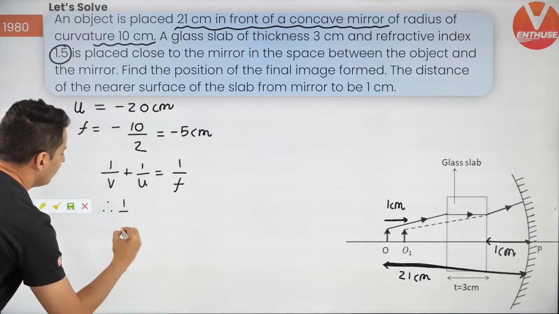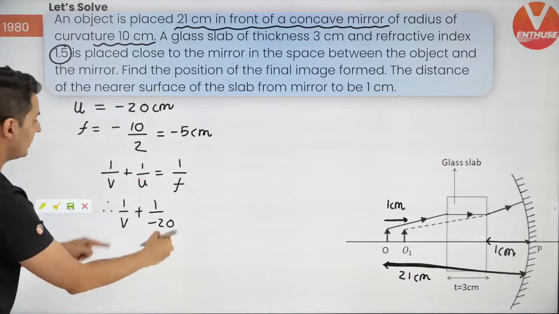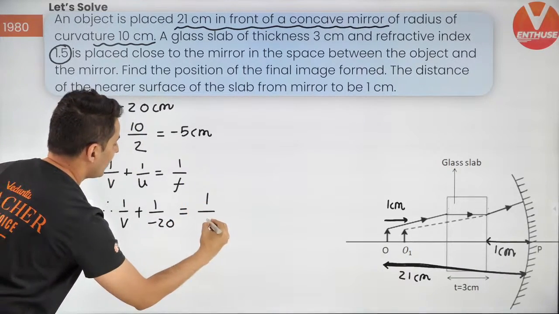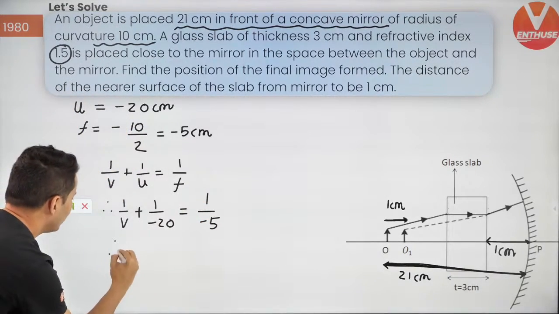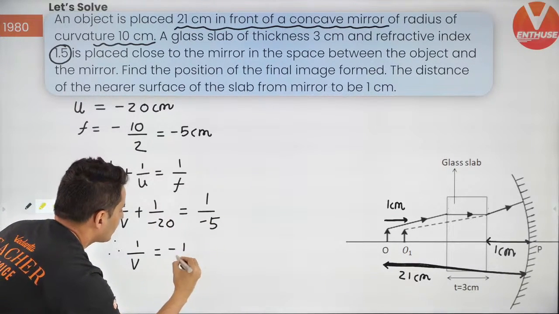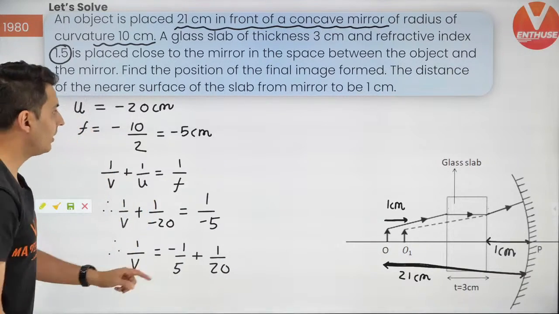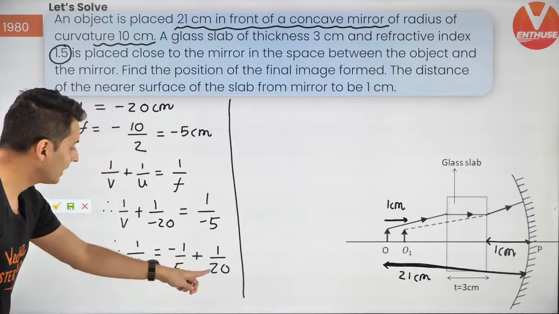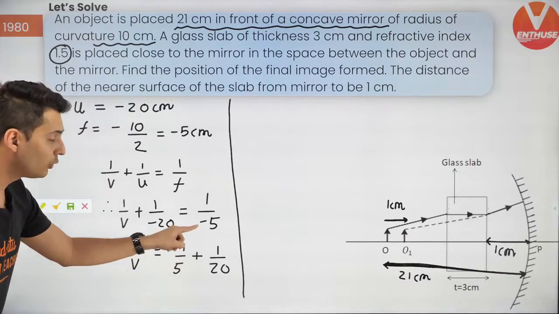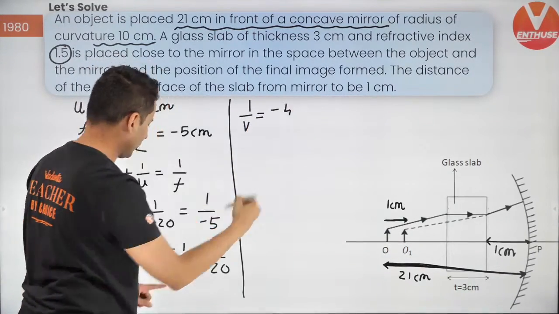Let's solve this. 1 by v plus 1 by u, where u is minus 20 and the focal length is minus 5. Now solving it further, take this guy over there. So it will become minus 1 by 5 plus 1 by 20. Now solving it further by taking LCM, multiply by 4 in numerator and denominator. So you will get 1 by v is minus 4